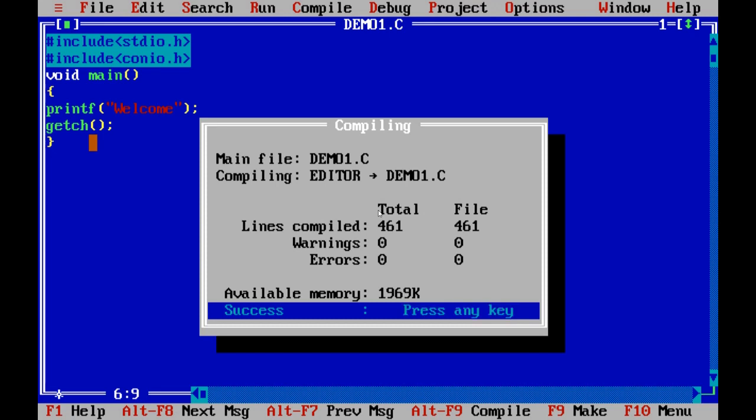Actually, what's happening here is that your source code is converted into the object code. That means your source code is converted into the low level language, right? So in such cases, that object code line length is 461 here. You just see the difference.